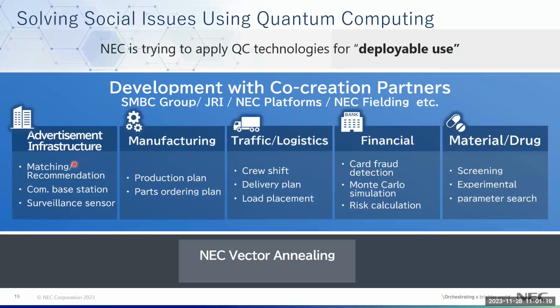So what this talks about is where all quantum annealing is applicable. In the case of matching and recommendation, in terms of the advertising domain or infrastructure. In the manufacturing domain, there is a lot of production planning required, and many combinations make it an NP-hard problem, where parts need to be ordered in a specific schedule. In traffic and logistics, there are so many combinations, and